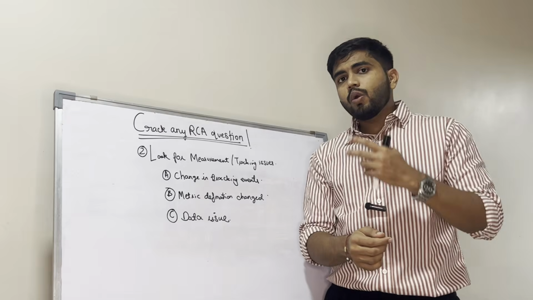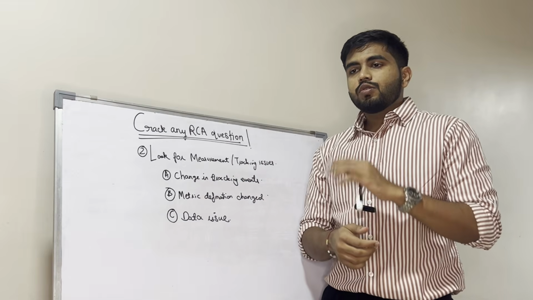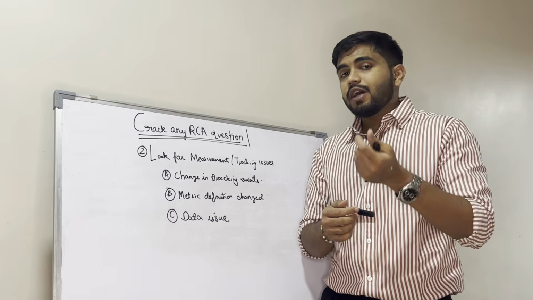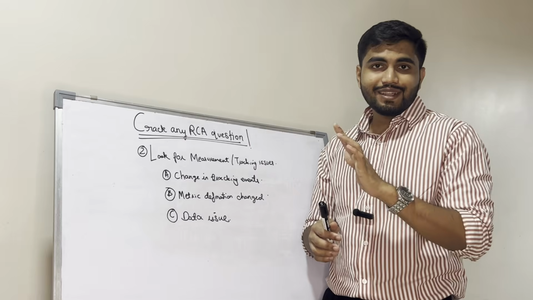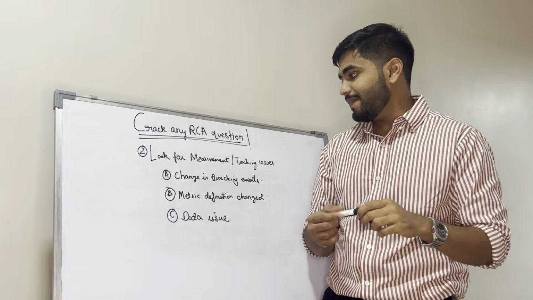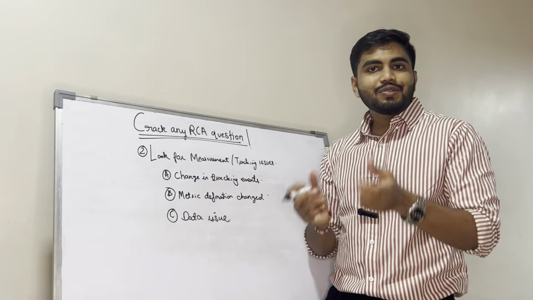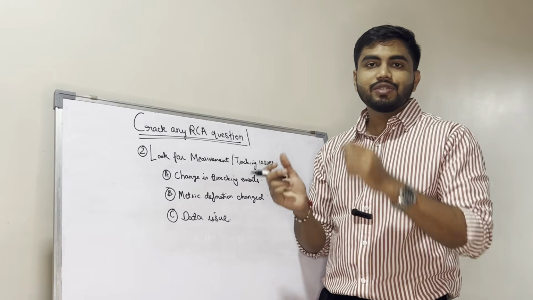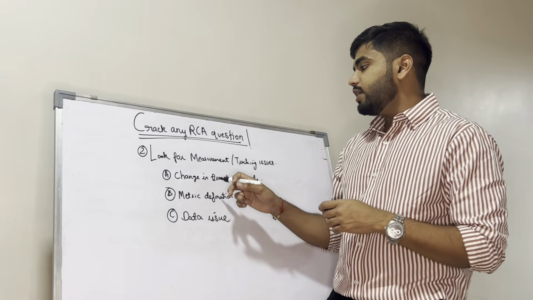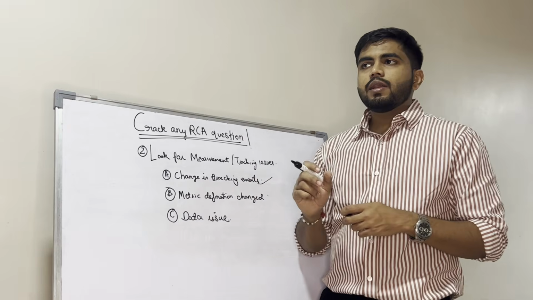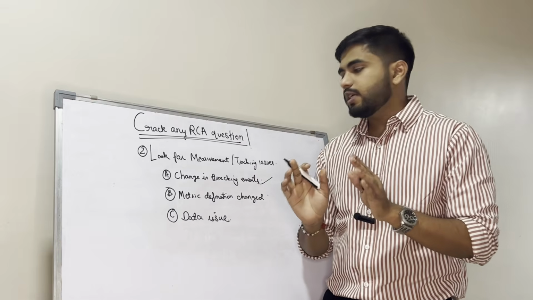So part number two, L: look for measurement or tracking issues. This is never one of the answers in an RCA question, but trust me, this is a daily RCA thing for a PM in actual work. This happens quite often, that most of the time the data is not right because of some issues in tracking. The first question you ask is about changes in tracking events. If it's Mixpanel, are the events passing correctly from the UI or not? Is tracking of the events in place or not?